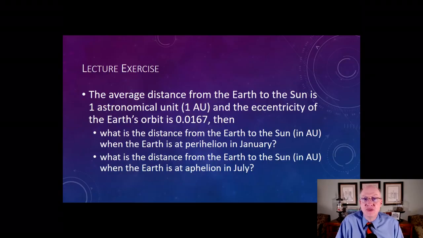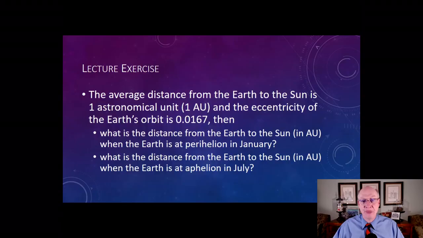So if the distance from the Earth to the Sun is 1 astronomical unit, and the eccentricity of the Earth's orbit is 0.0167, then what's the distance from the Earth to the Sun in astronomical units when the Earth is closest to the Sun in January? And what's the distance from the Earth to the Sun when the Earth is at aphelion in July, when it's